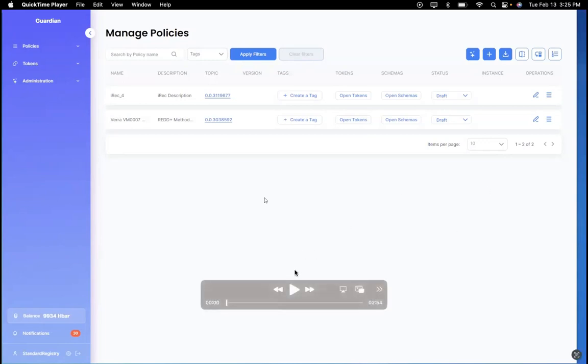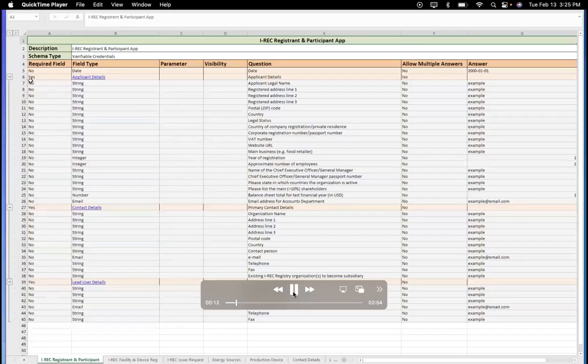So let's look at the first scenario, where you'll be exporting the schema from a policy to an Excel file. In order to do that, we have an option in the drop down menu where you see export schemas to Excel. As you can see, we have iRec 4 and Vera VM 00007 policies there. I could export the schemas of iRec 4 by clicking on export schemas. When I click on it, the Excel file is generated,